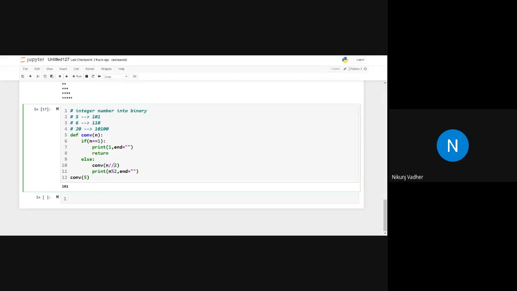Let me ask you for the definition of the next problem, which can also be solved using a recursion approach. That is binary search.